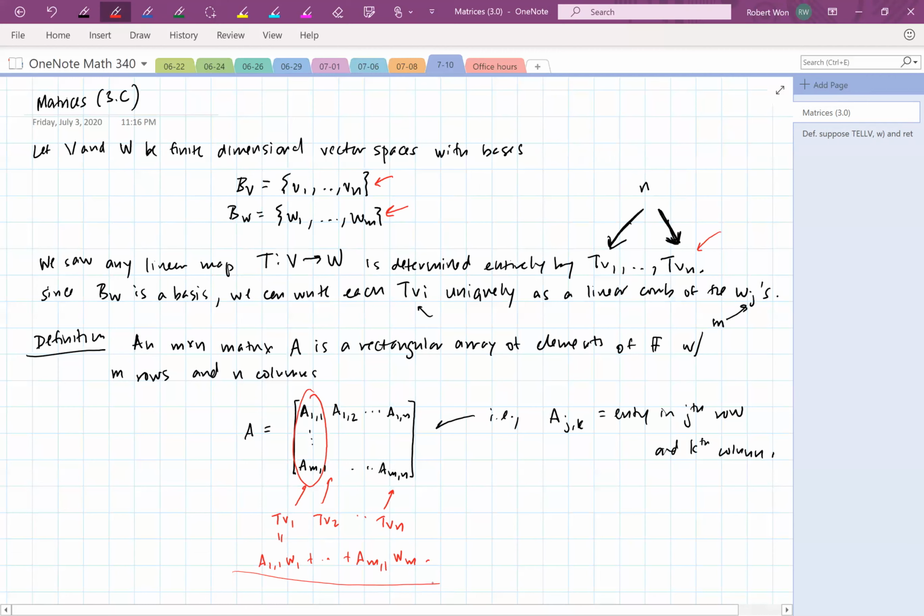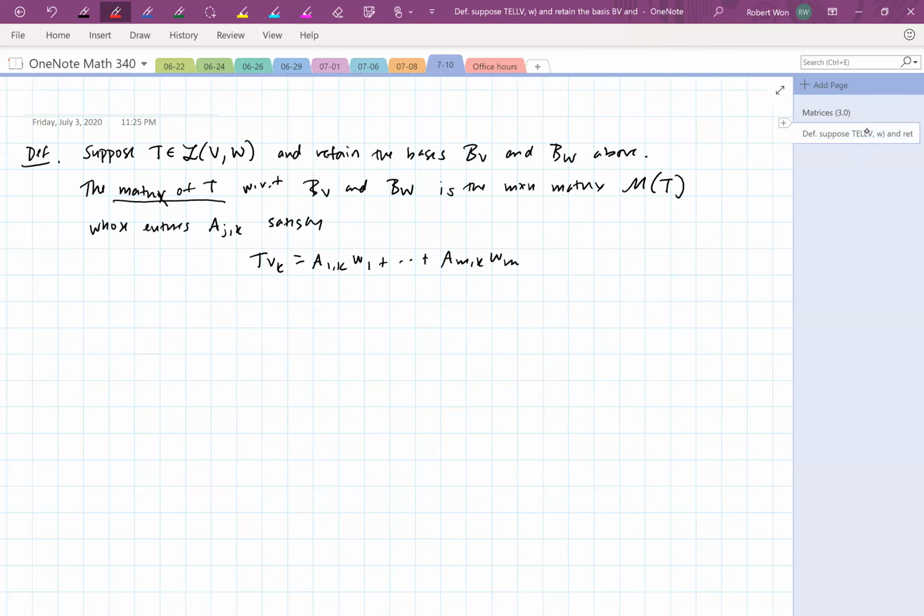Each column represents one of the T v_i's. The entries in the column tell you what linear combination of the W's to take. That's exactly what I'm saying in this definition. Okay. So in other words,